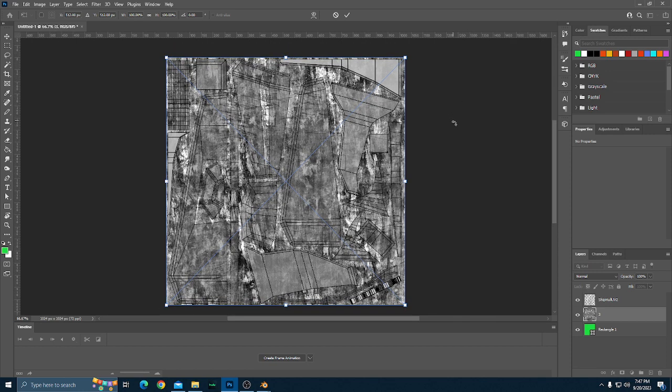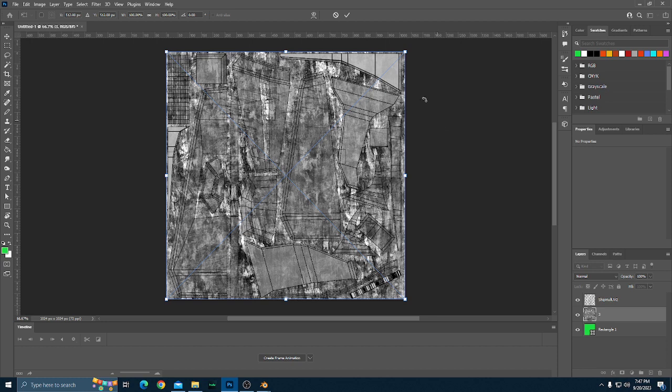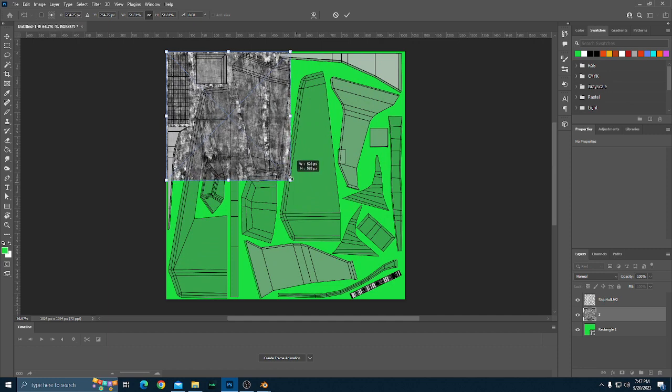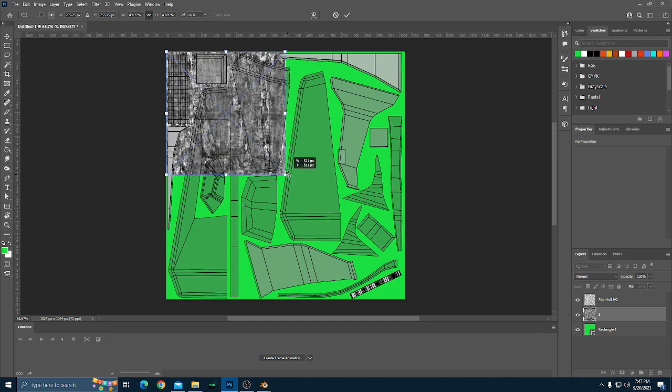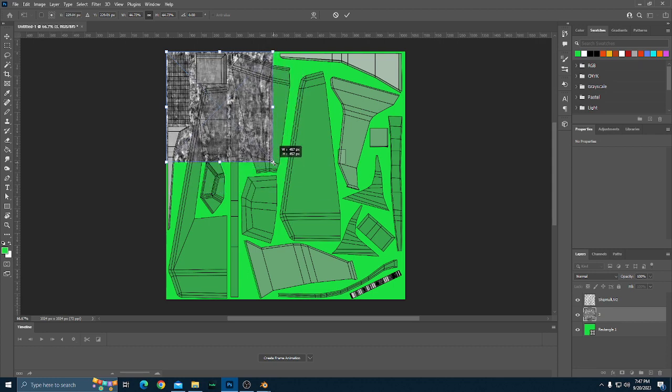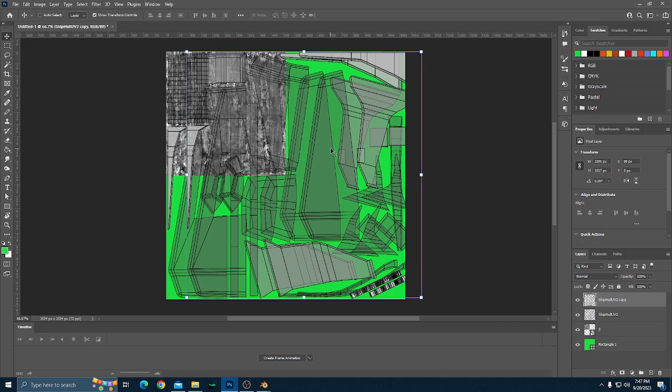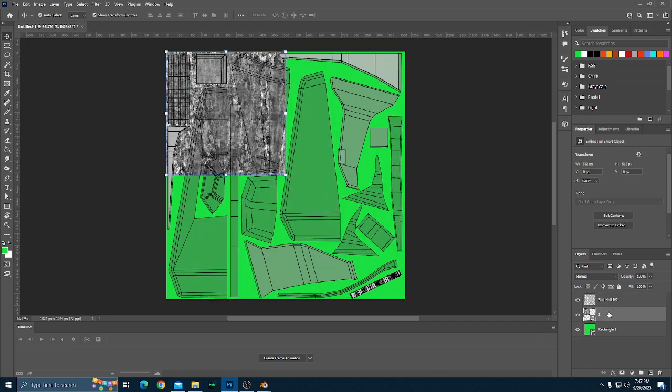Oh well, I can look into that later. I feel like I almost would rather have these as 512s, just because